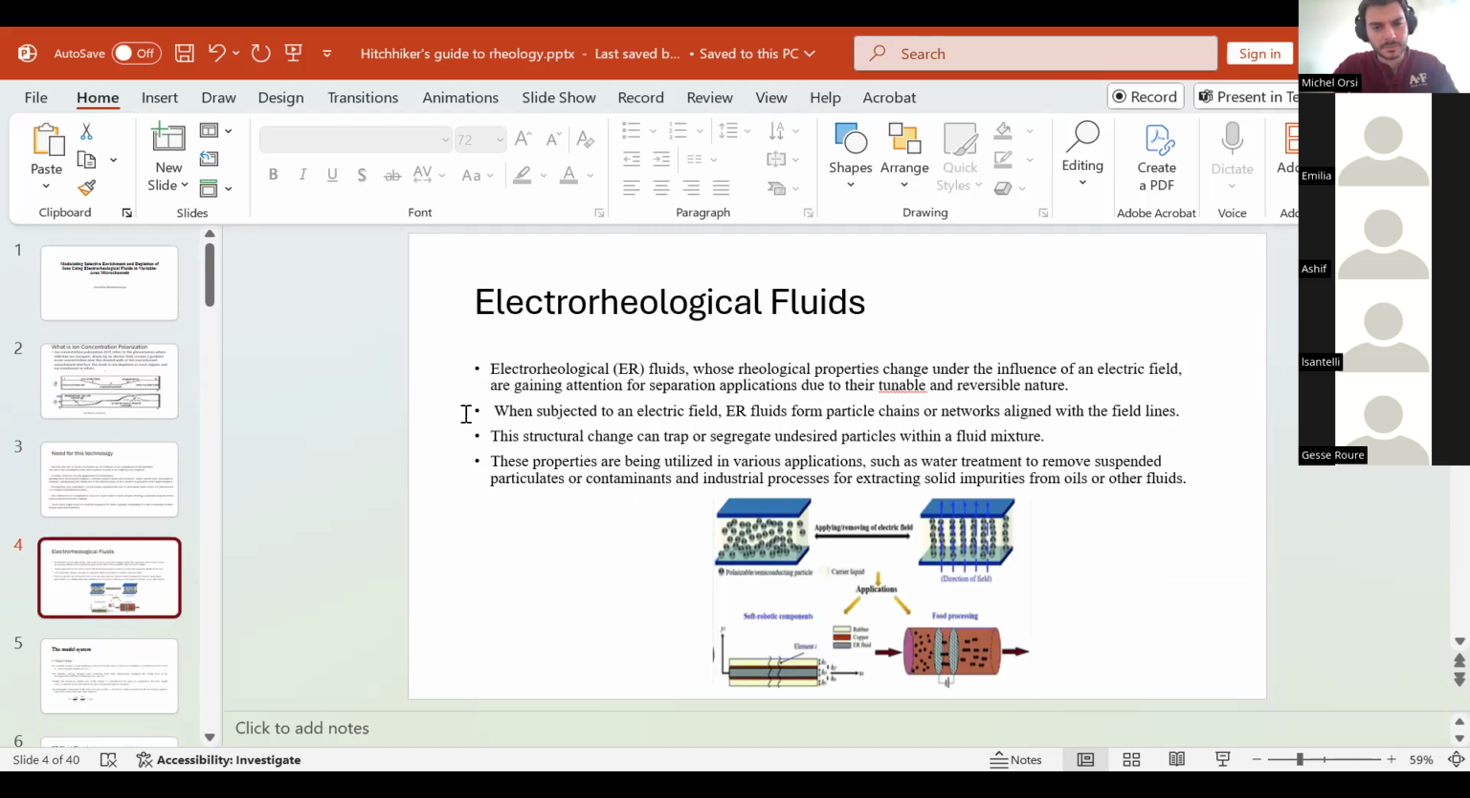So, what are electrorheological fluids? Electrorheological or ER fluids, whose rheological properties change under the influence of an electrical field, are today gaining attention for separation applications due to their tunable and reversible nature. When subjected to an electric field, ER fluids form particle chains or networks aligned with the field lines. This structural change can trap or segregate undesired particles within a fluid mixture. The properties are being utilized in various applications such as water treatment to remove suspended particles or contaminants and industrial processes for extracting solid impurities from oils or other